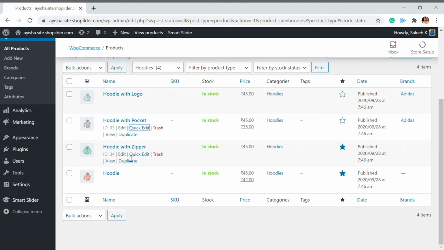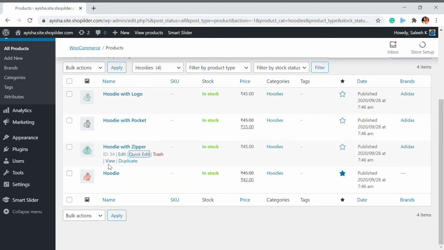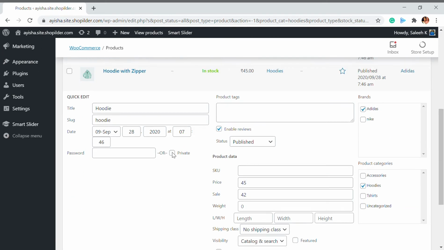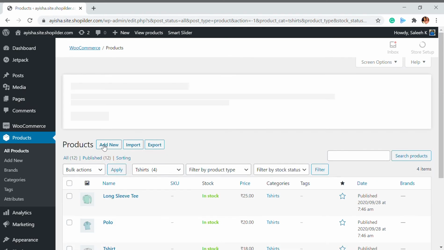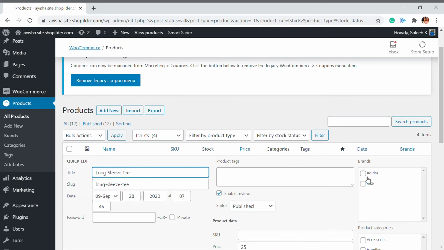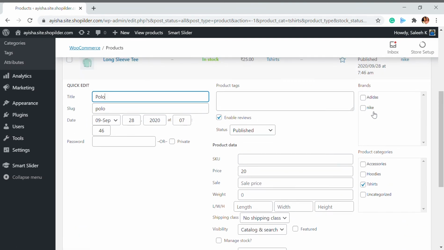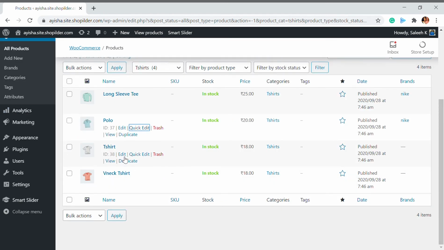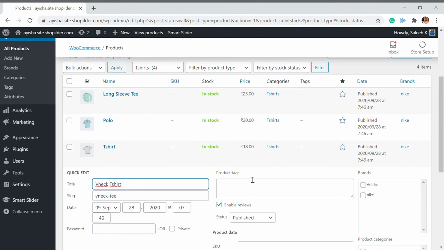Just adding a few products casually, and you will be able to see that. So quick edit, Adidas. Okay, I've just added 4 products under this Adidas brand. Then I'm going to add these t-shirts under the other brand, which is Nike. I'm going to add it as Nike. You can add, delete, or make categories out of here. It doesn't matter. It's all up to your website, your theme, and how your website works. You don't have to follow this. I'm just showing this for reference purposes.